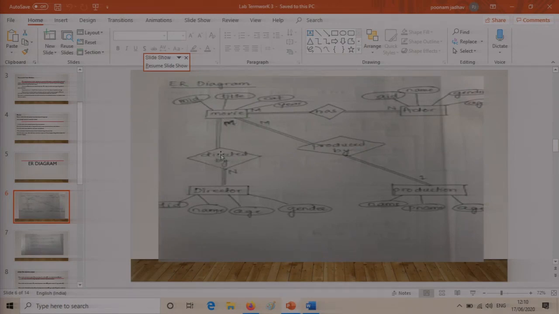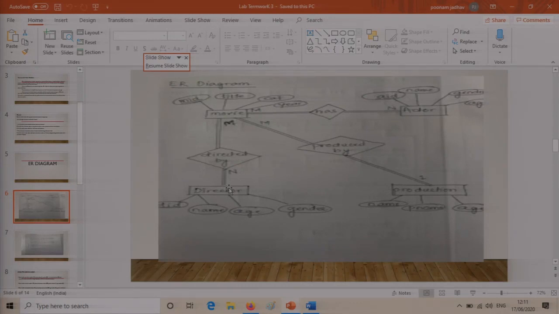How do we build the relationship between these two tables? We have understood that there is one table in between, the directed by table, which has the primary key of movie and the primary key of director. The primary key of movie in our tables is MOVIE_ID, spelled completely, and for director it is just ID.